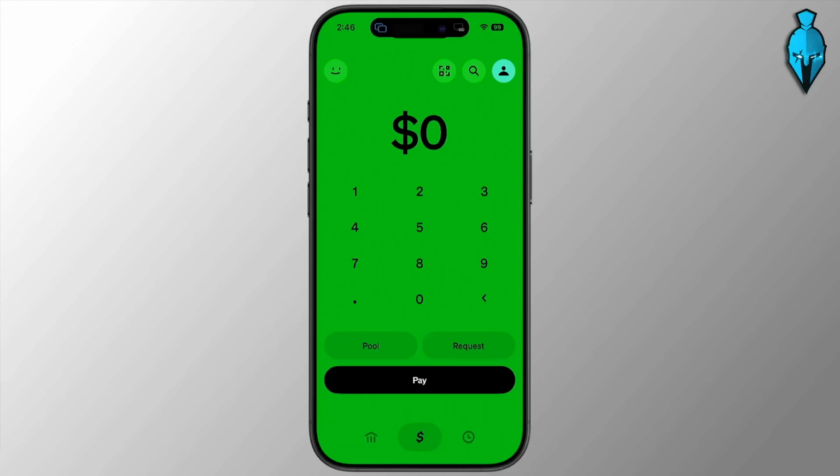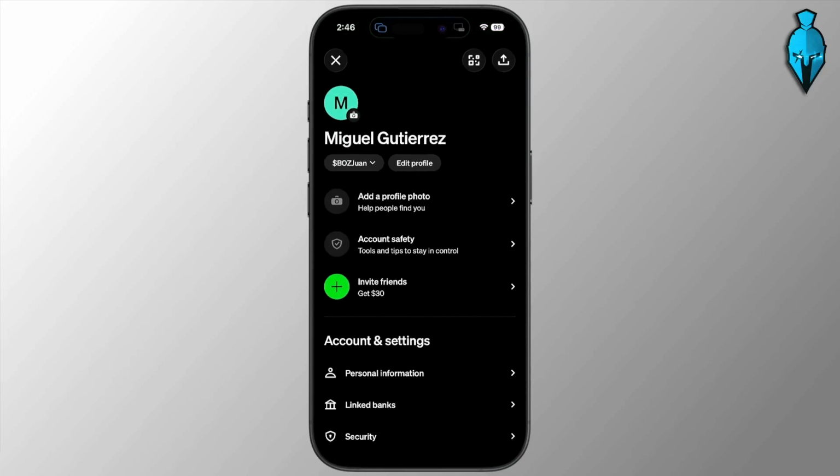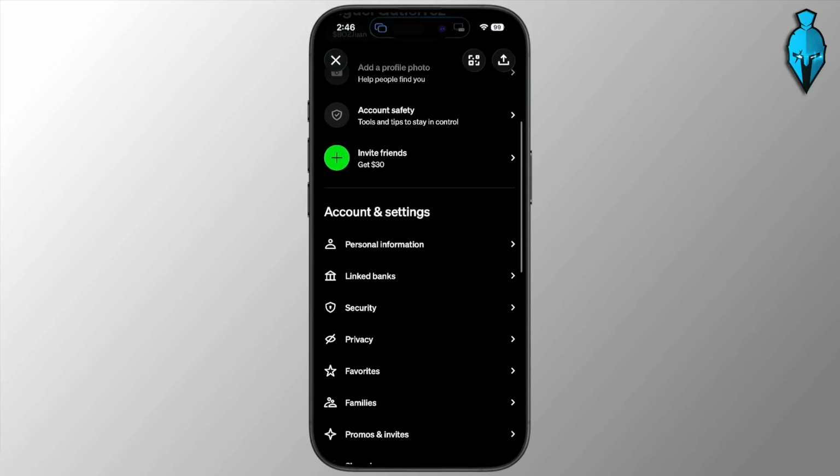First, open Cash App and make sure a payment method is connected. You can check this by tapping your profile icon in the top right corner, then select Linked Banks under Account and Settings. From here, you can connect a debit card by entering the card number, expiration date, CVV, and billing